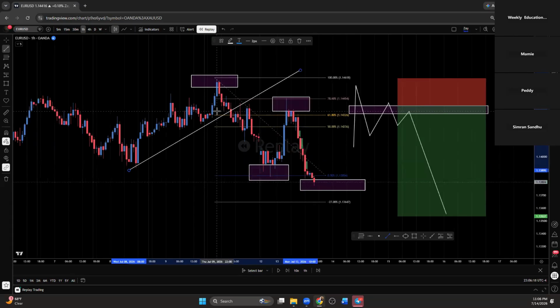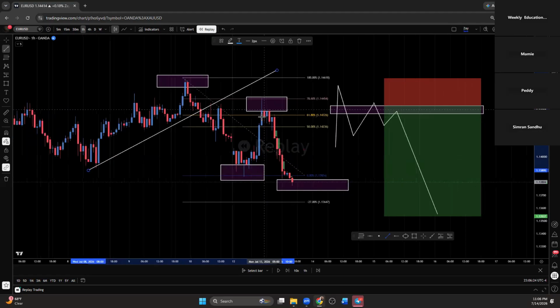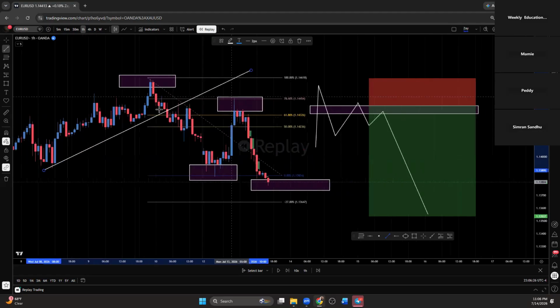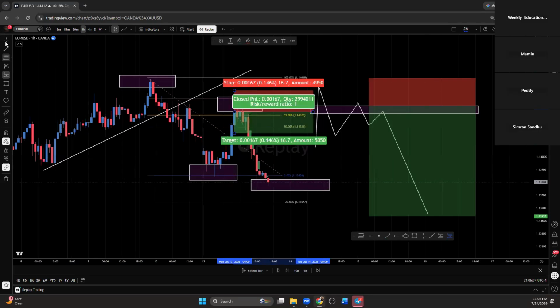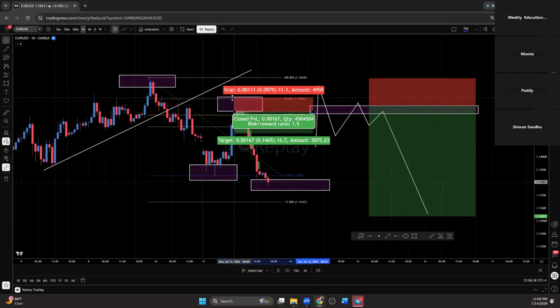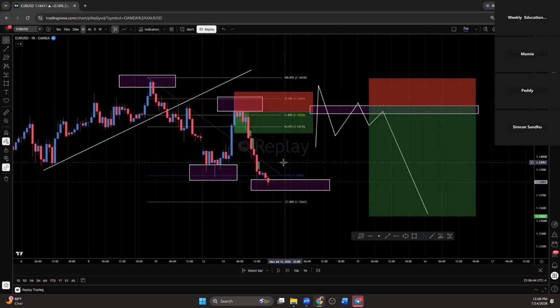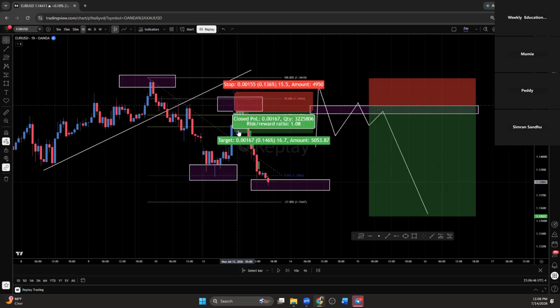But what you could have easily done was, from this lower high to this lower low, wait for that 61.8 retracement. Once that 61.8 retracement happens, you got the liquidity sweep. All right, bet. We just got a liquidity sweep. So from there, after that liquidity sweep, market closes like that, you can go ahead and enter your trade. Place your stop loss right above where the liquidity is, just to be safe. Let's say you go 15 pips.